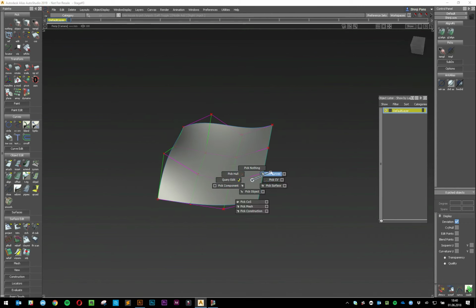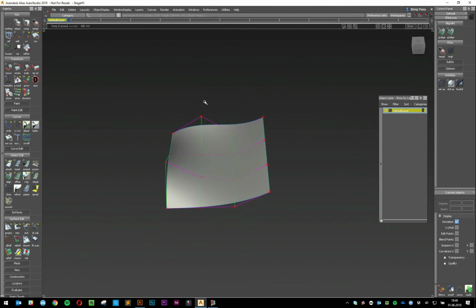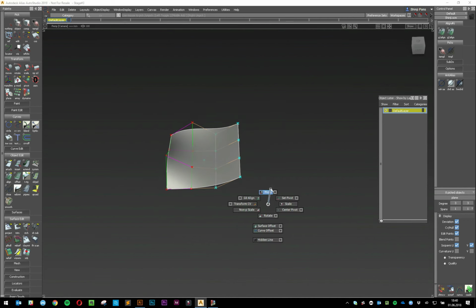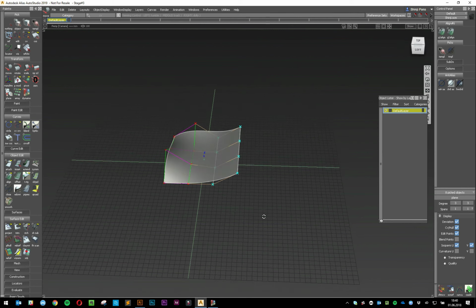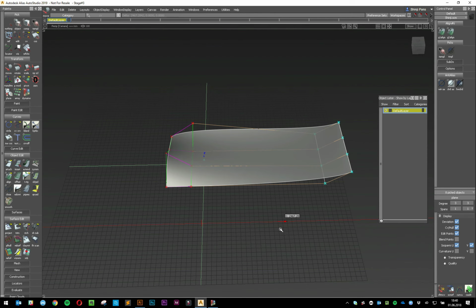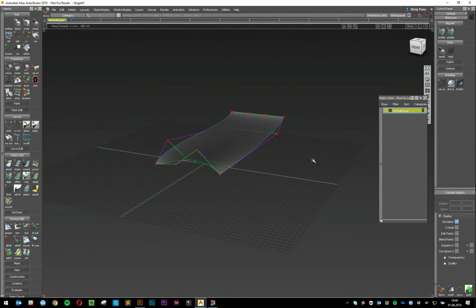Let's take these two CVs, this row of CVs, and move them with my grid. So in the X direction, like this. Here we go. Pick nothing, and shade everything. Turn all the objects visible,